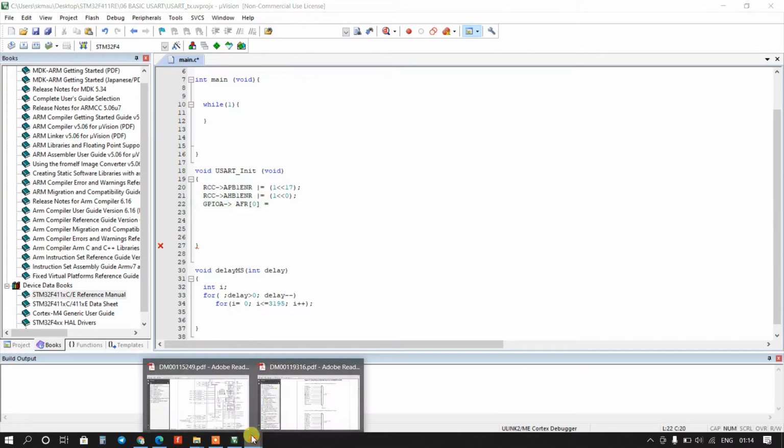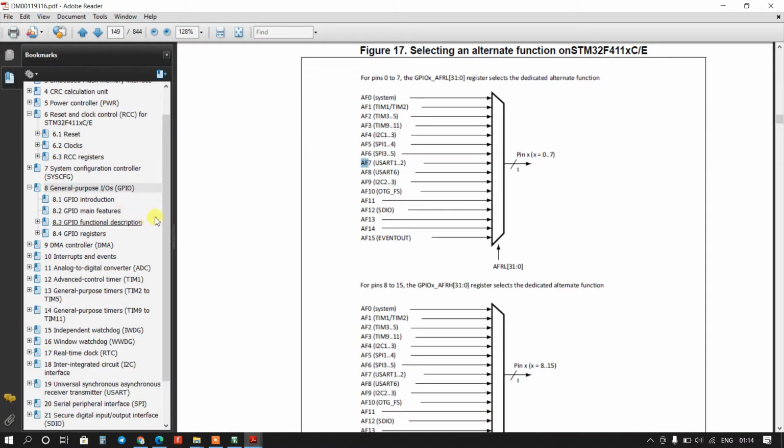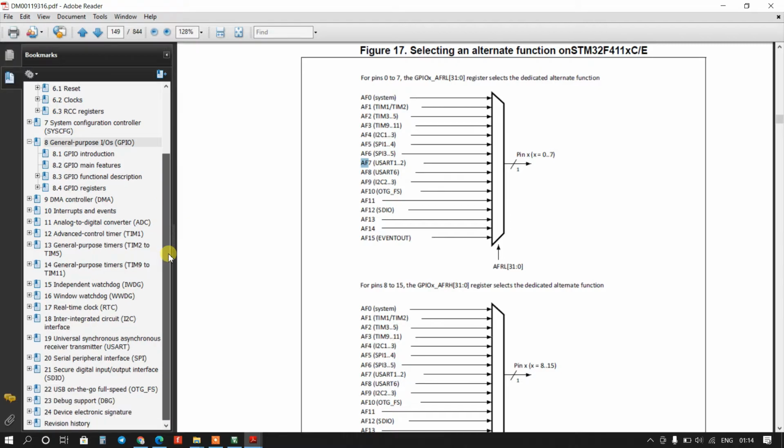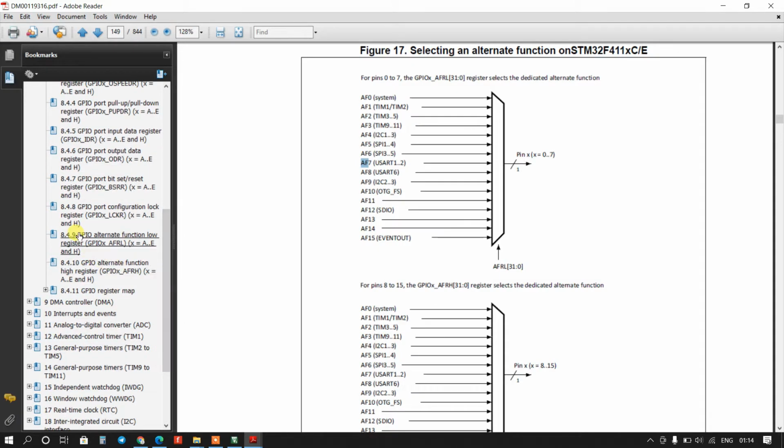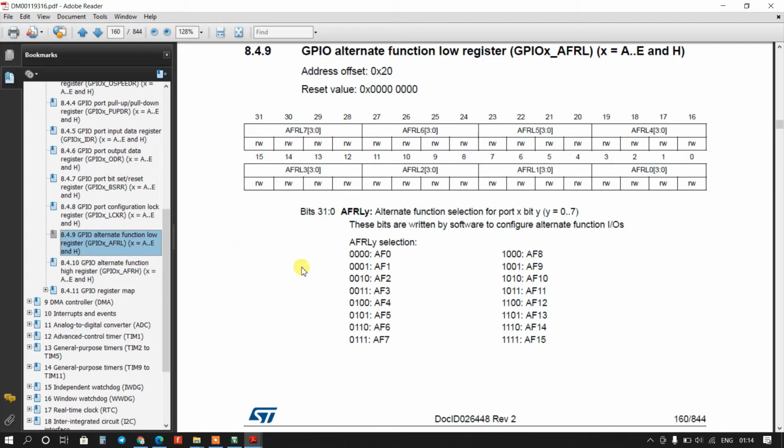Now we will go to the AFRL register in GPIO. So go to the GPIO registers and here is the GPIO AFRL register, because we are going to use the PA2 pin. So these bits are for PA0, PA1 and AFRL2 for PA2.